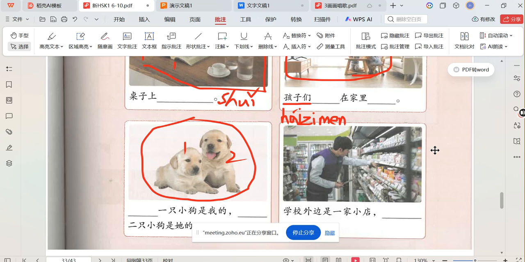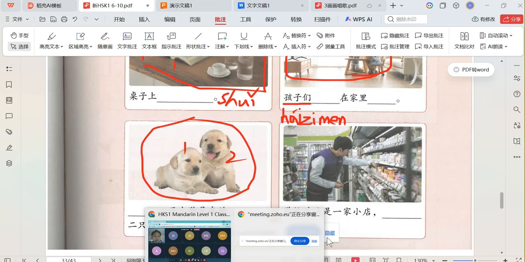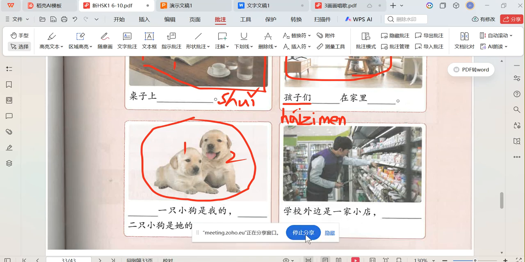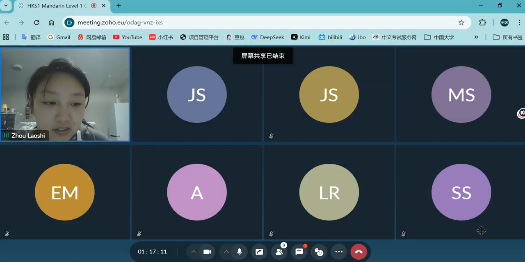He wants to buy some drinks, right? Yes. 他想买喝的。